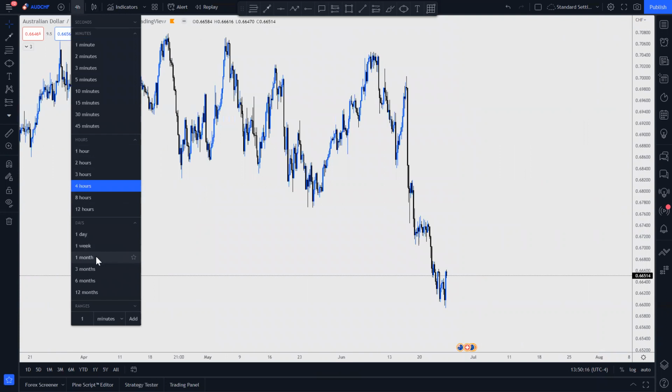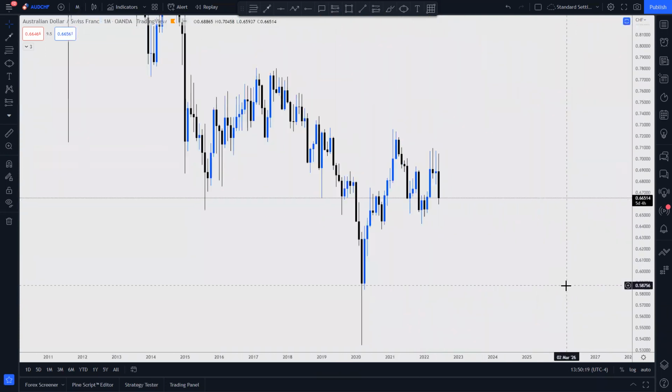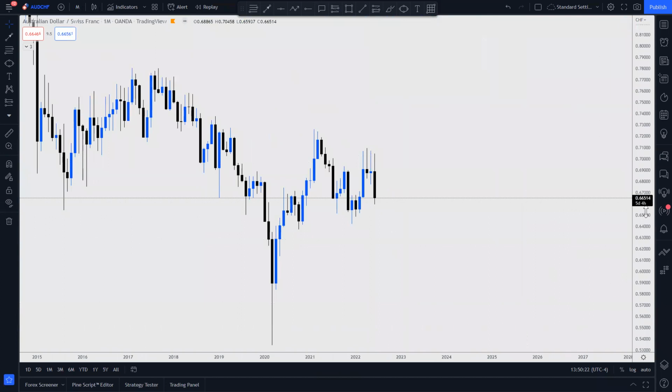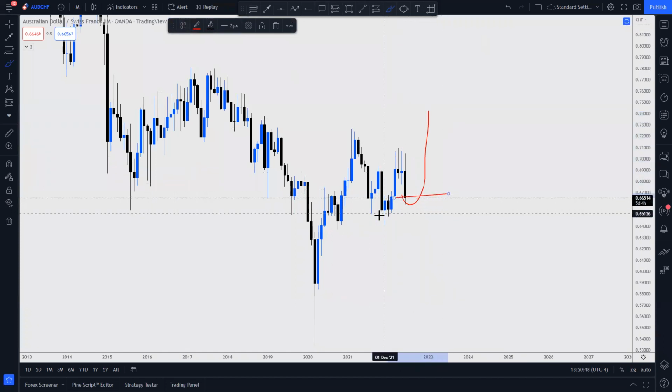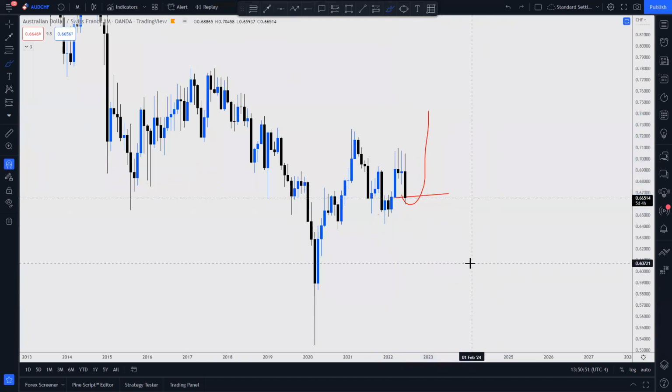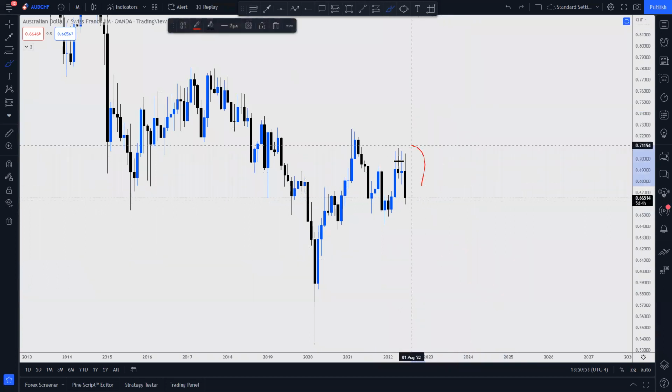Let's do a quick top down. Last month, how did it close? Bearish. It didn't close yet, we still have 5 days, but this has been a very bearish month for the Aussie Swiss. The months prior were dodgy, we couldn't break that high. Price just rejected and we are moving down. Do I expect price to suddenly find strength because we have a bullish order block here? No, I don't. We are very bearish, and there is a lot of momentum to the downside.